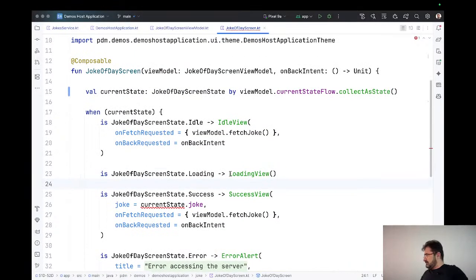So, what have I done? Prior, I had mutable state. Mutable state is specific to compose. I want to continue to have a reactive solution, but I want the view model to be broader than to be used by compose. Therefore, I'm going to use a state flow. Okay? To use it here, current state